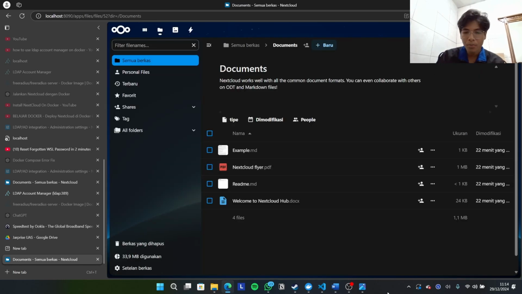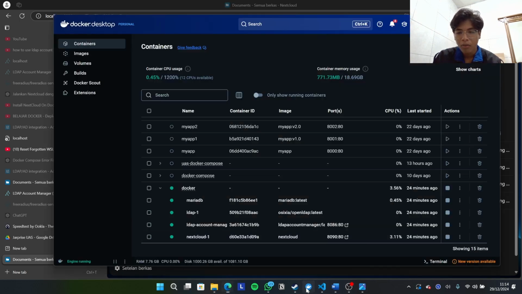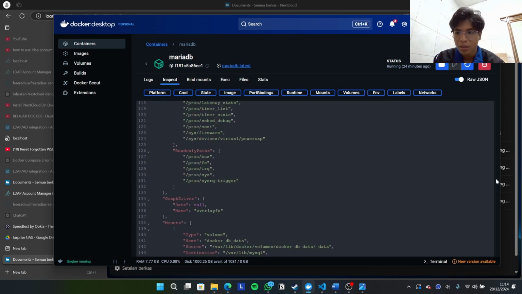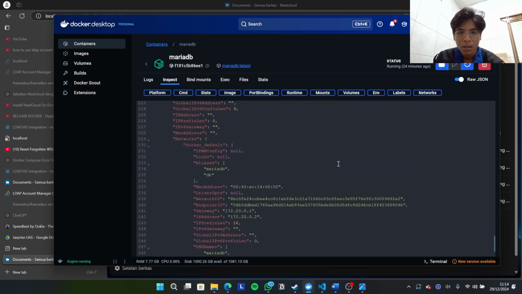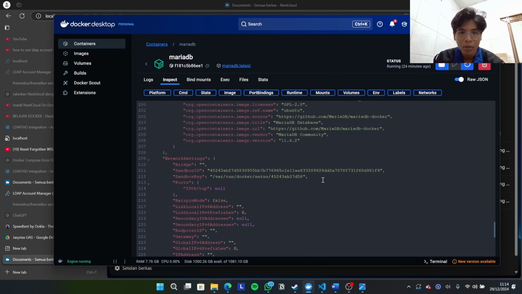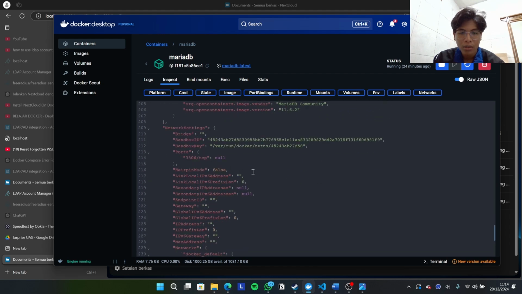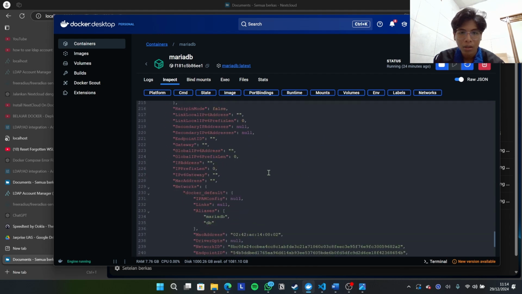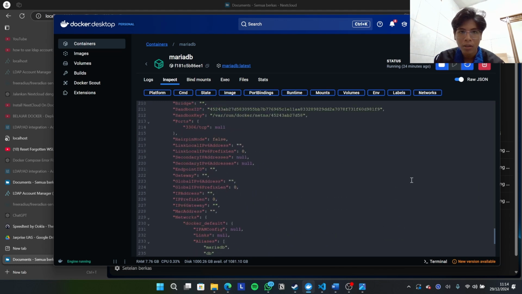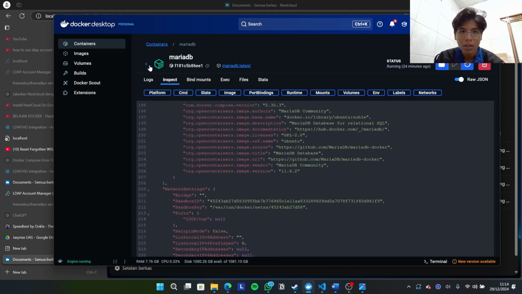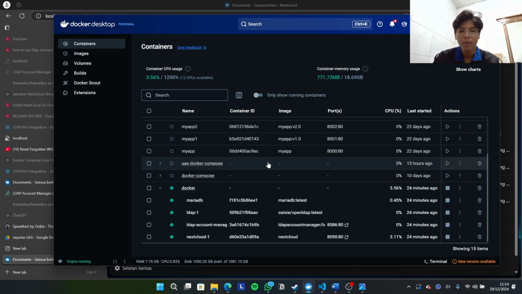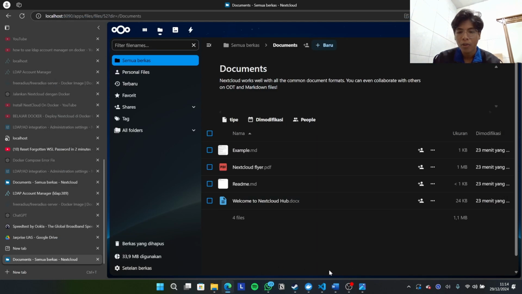And now we can create a network for each of these containers, because by default there is no network configuration on the containers. So we need to create a network for each container.